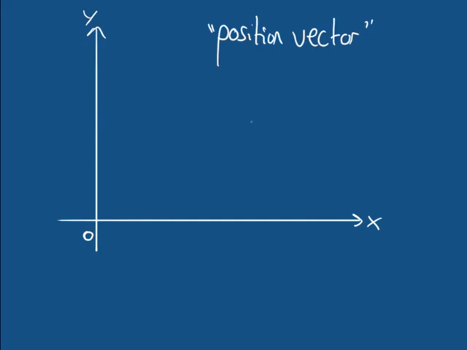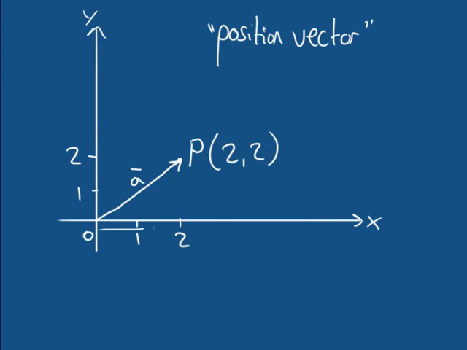If I had a point in space which I could name as capital P, so this is a point, and we know this point in space has some components. For example, if I was to draw a scale here on my diagram, we could maybe say that this is 2 in y and 2 in x. So we could say this point has the coordinates 2, 2. Now if I had a vector that travels from the origin to this point, and if this was just a vector that we could call A, we know that A is travelling 2 units in x and 2 units in y. So we know that A is the vector